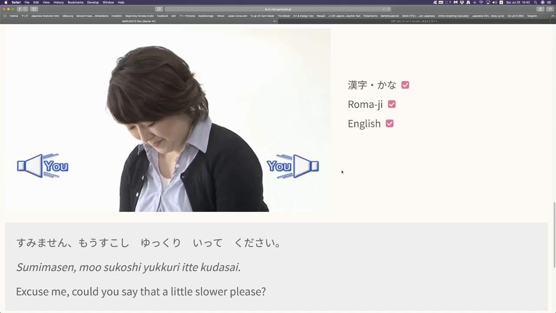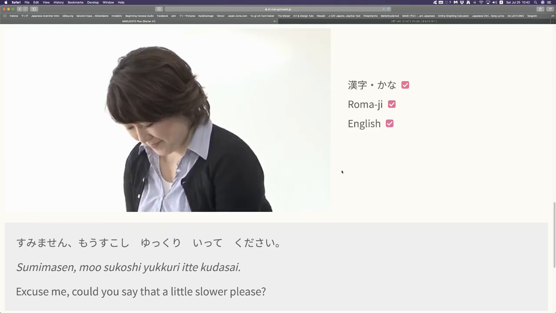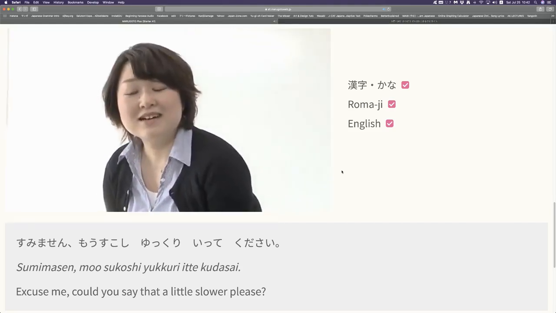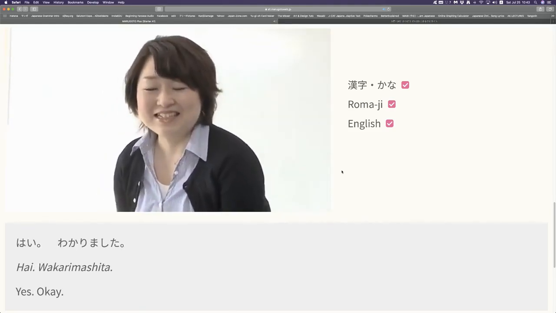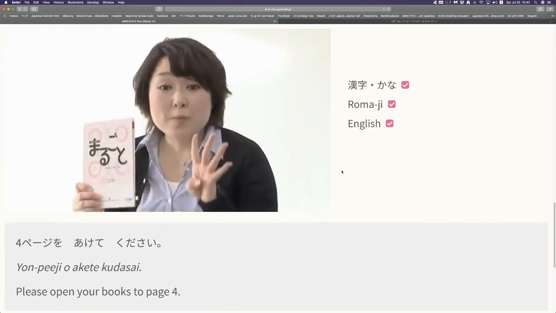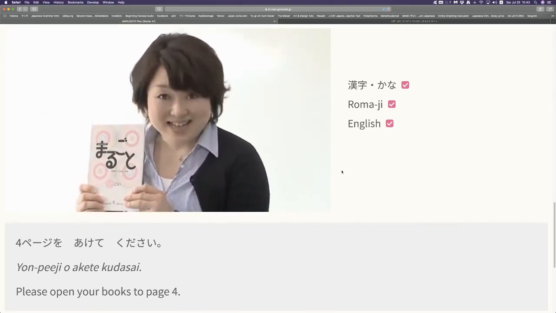はい。すみません。もう少しゆっくり言ってください。 はい、わかりました。4ページを開けてください。